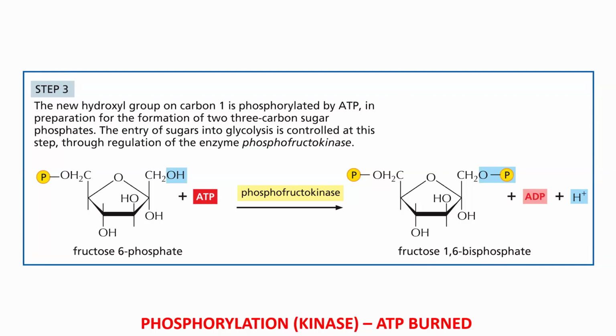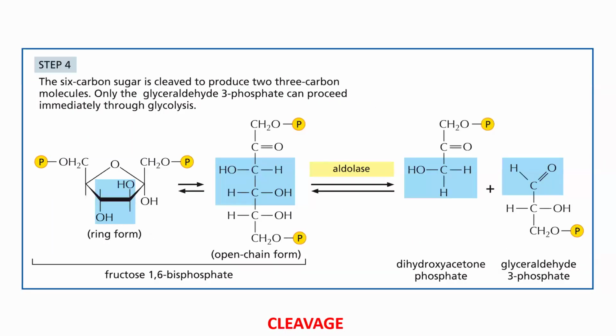Well, what often happens to fragile things that are pulled in opposite directions at the same time? They split. So the next reaction, reaction number 4, is the split reaction. It's a cleavage reaction, and fructose 1,6-bisphosphate is cut. It's cleaved. Aldolase is the name of this enzyme. I won't go into why it's called that. It's not going to be very helpful. And again, you don't need to know the enzyme names, but certainly know that step 4 is the cleavage reaction.